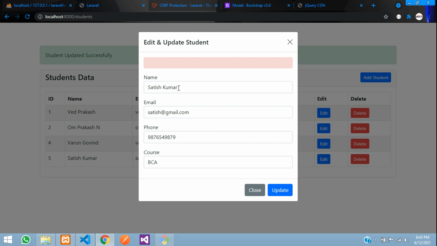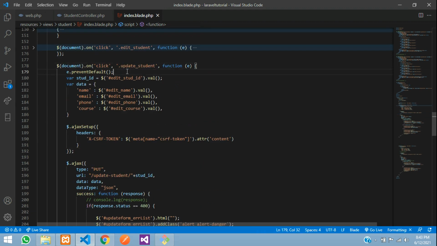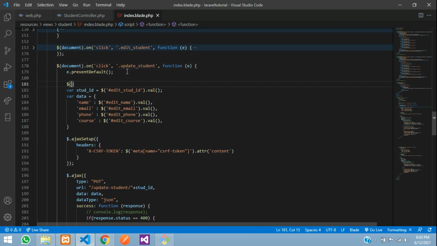I just wanted to give one simple feature, guys. When we are updating, we cannot know whether it's updating or updated. So for that, there is a simple solution over here. When you click on this update button, I'll just add one simple text. You can tell this as updating.